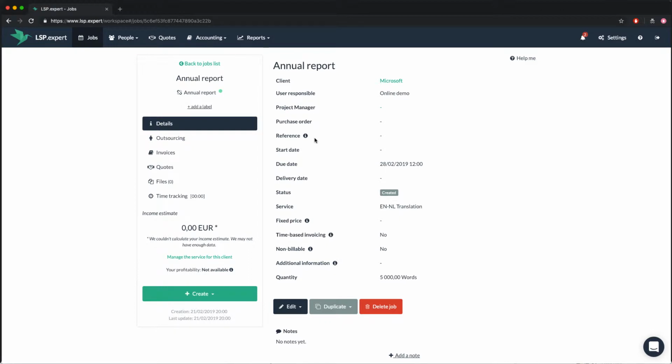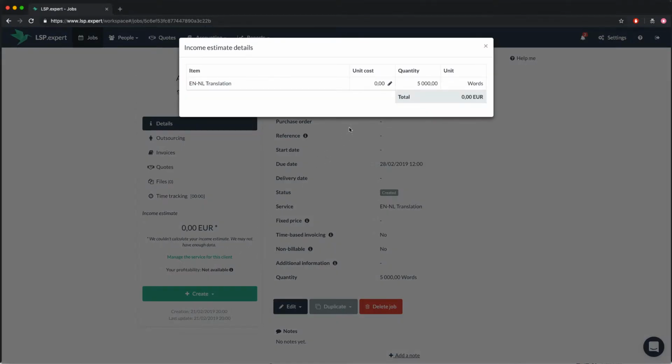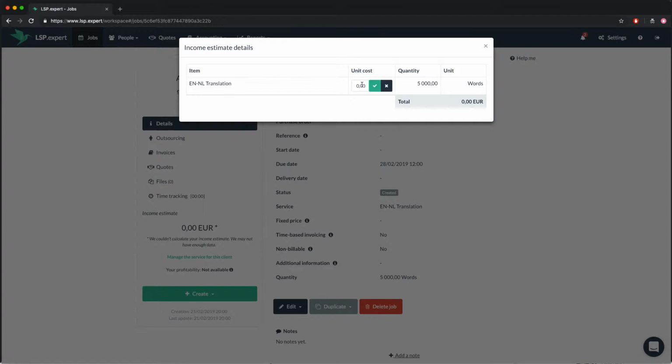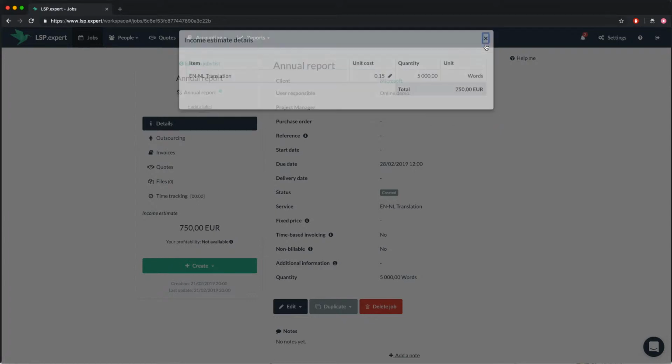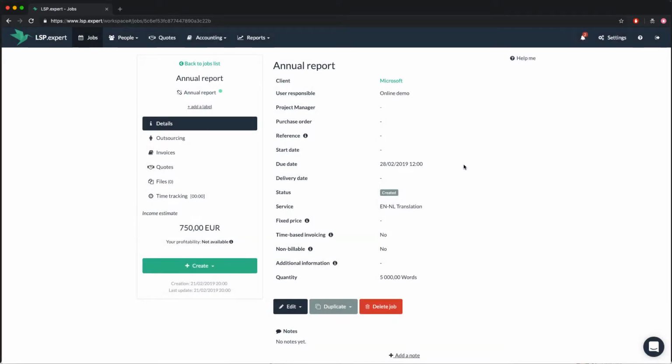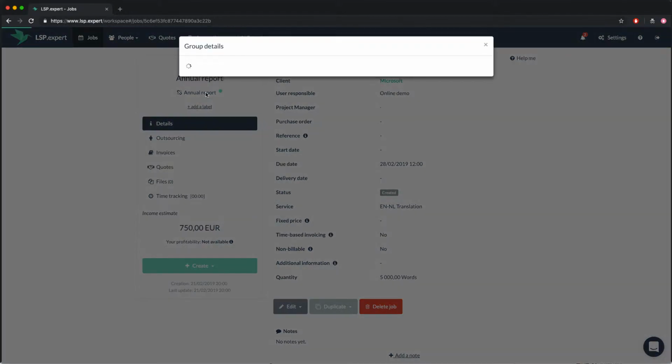The estimate of this new job is 0 because we haven't defined any rates for it yet. So let's do it by clicking on Manage the service for this client. Our rate is 15 cents per word, and we validate and we see our estimate here for the duplicated job. To see the details of the group, you can click here, and we see that we have two jobs in